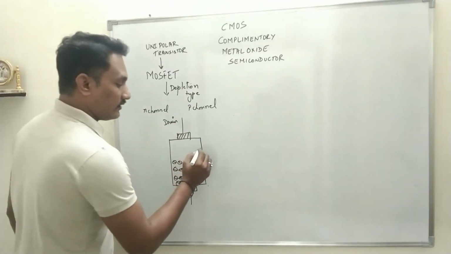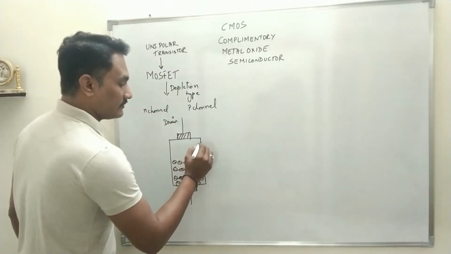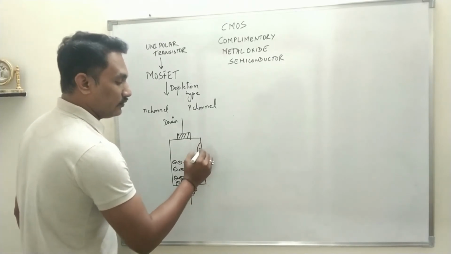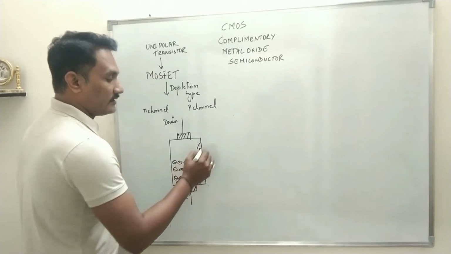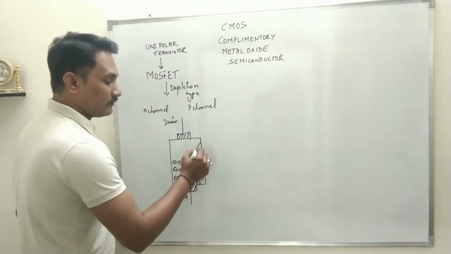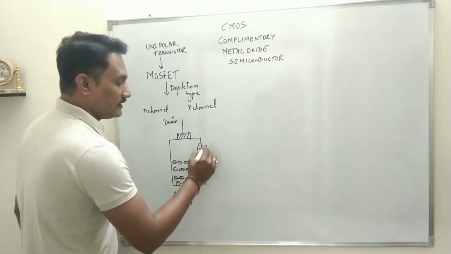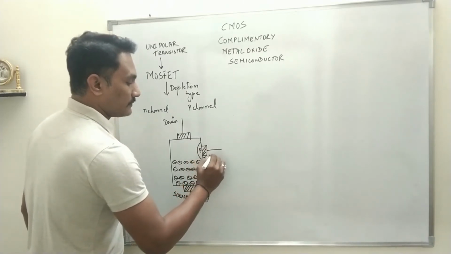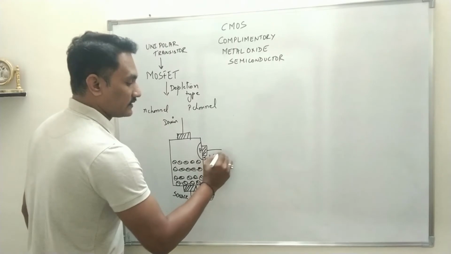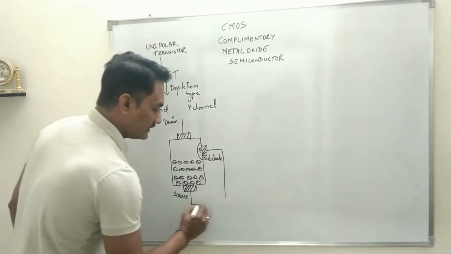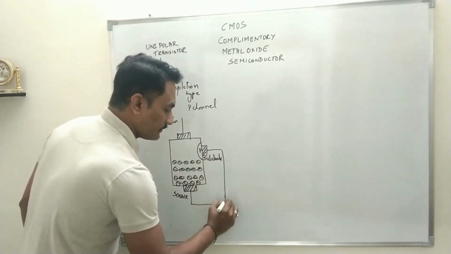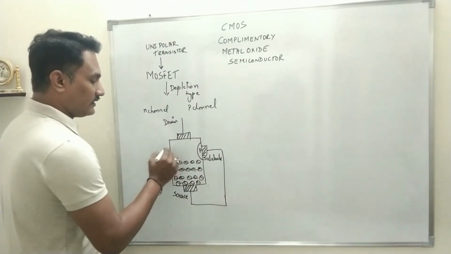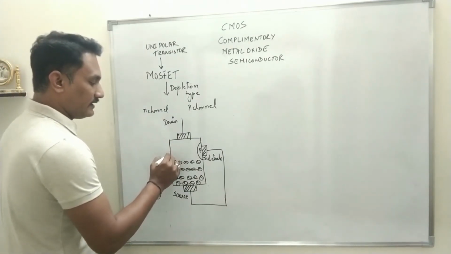On one side of this N-type semiconductor, we form a PN junction diode. That means if it is already N, we dope a trivalent impurity to form a P region, and the terminal taken out of that is called the substrate. And this substrate is always internally connected with the source. On the other side of this is a semiconductor layer.